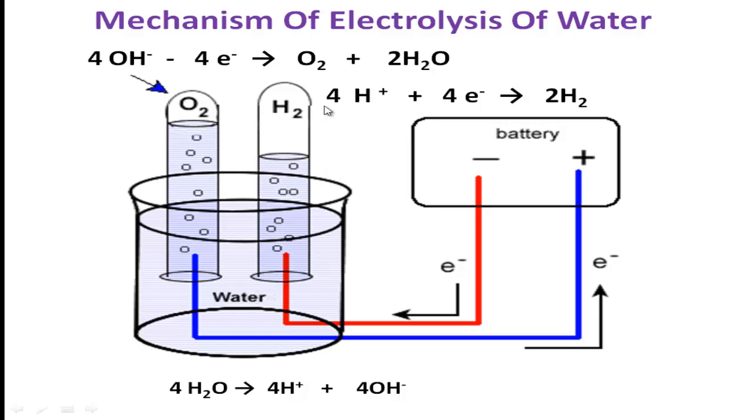This water is again mixed with the electrolyte. And at the cathode, hydrogen ion is attracted by the cathode, and here hydrogen ion accepts the 4 electrons released from the anode and is converted into 2 moles of hydrogen gas. So follow this: the water level gradually lowers and hydrogen gas and oxygen gas collect. In this way, through the electrolysis of acidified water we produce oxygen gas and hydrogen gas. So this is the electrolysis process of water.